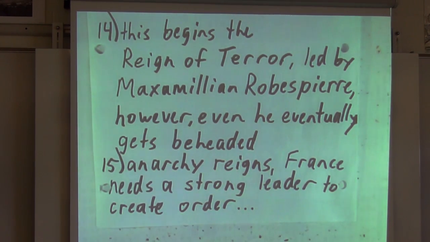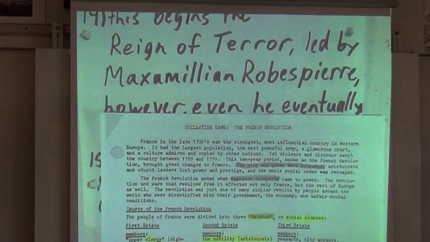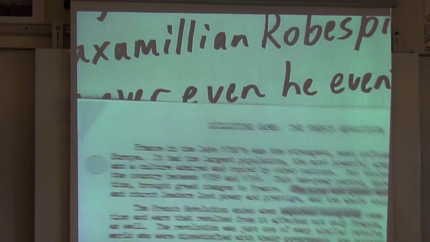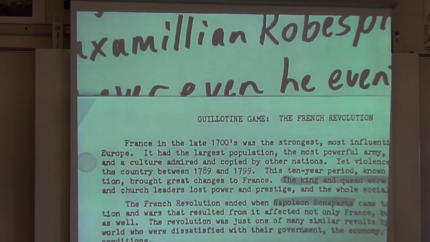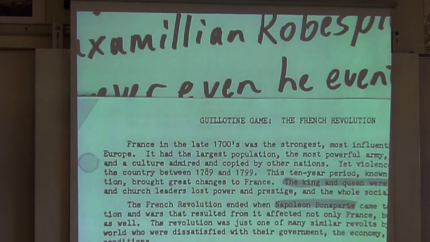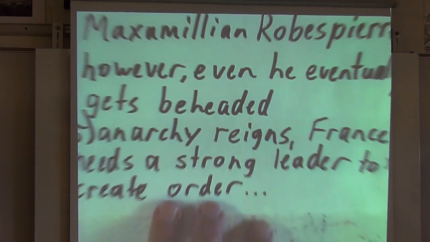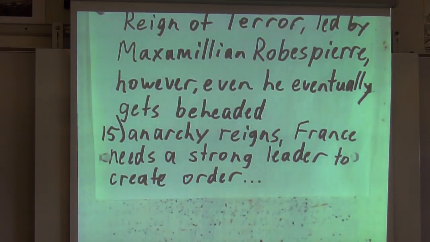It's out of control. There's brutal murder of all kinds of different people, men, women, and children, priests, all kinds of different people. Okay? And what is the main way people were killed? Well, they were killed by, ladies and gentlemen, the guillotine. Now, if you don't know what a guillotine is, there's a crude drawing in the back of this that can show you what a guillotine looks like. So take a look at that. Okay? All right, everybody. I think that you can guess who this strong leader is going to end up being. That'll be our next discussion.